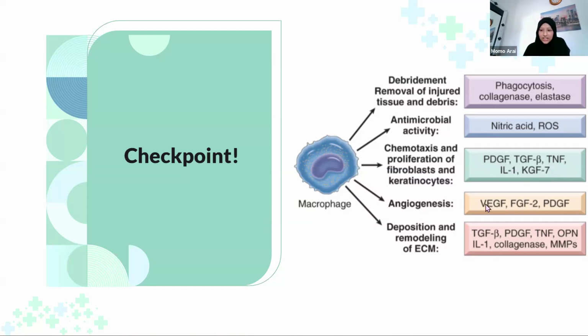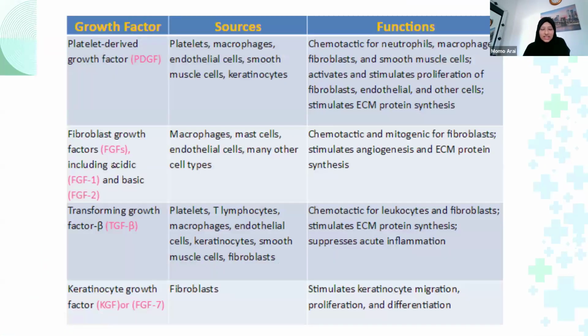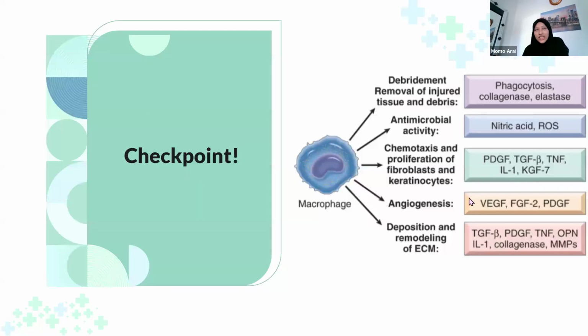Angiogenesis, do you see here? Vascular endothelial growth factor, fibroblast growth factor, especially number 2, okay? So here there's number 1, acidic, number 2, basic, but 2 is more involved in angiogenesis. You can remember it as vascular endothelial for vascular is number 1. The fibroblast growth factor is number 2, okay? So the second one is important for angiogenesis. And then, okay, PDGF, platelet-derived growth factor, can also help in angiogenesis,